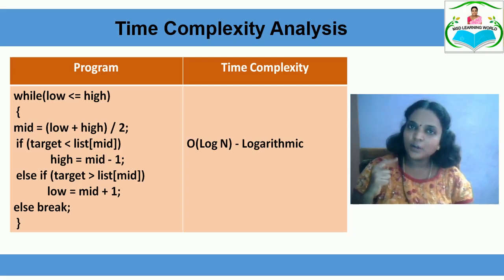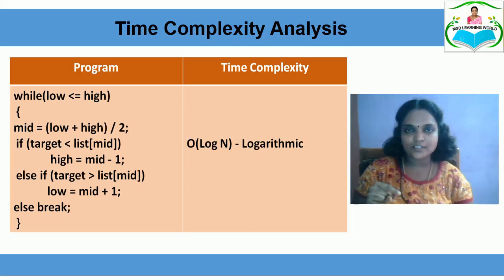The low variable is checked with the high variable, and the n number of times execution takes place only if low and high remain with the same value, and only if the low value alone is getting incremented inside the while loop. Then the time complexity of this program will be order of n. But here the variable low alone is not incremented by the value 1. Either the if condition is satisfied or the else condition is satisfied, and either your high or low variable is going to be incremented or decremented with the mid value.